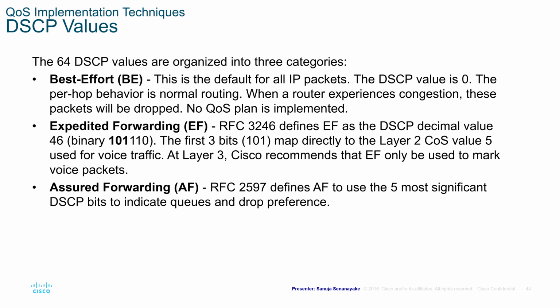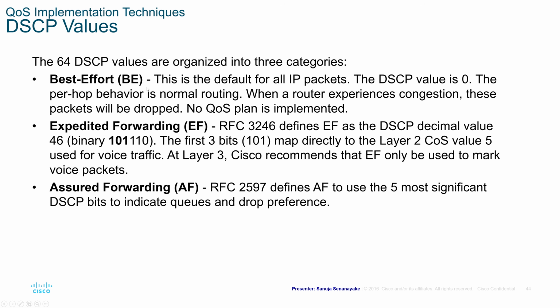DSCP values. The 64 DSCP values are organized into 3 categories. They are best effort, which is BE, expedited forwarding, or EF, and assured forwarding. The best effort is the default for all IP packets. The DSCP value is 0 for this, and the per hop behavior is normal routing. When a router experiences congestion, these packets will be dropped. So no QoS plan is implemented when the DSCP value is set to 0 and it is at